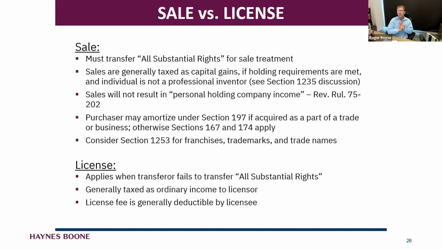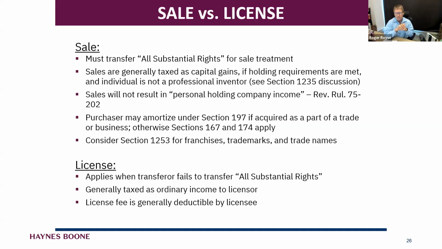So number one, whenever we talk about IP, we've talked about the protections. Let's talk about the economics. Generally in tax law, we want to minimize tax, and we want to do it by relying on our capital gains rates, right? Because as you probably know, for the sale of property, if it qualifies as a capital gain, we get a lower tax rate, 20% federal.